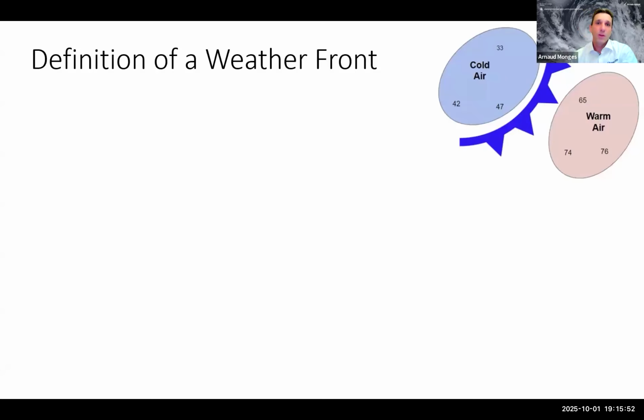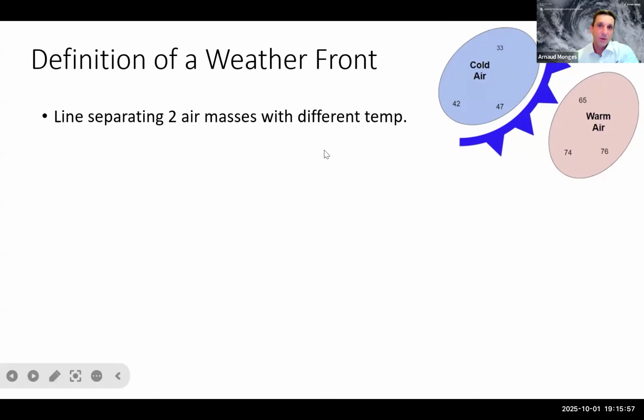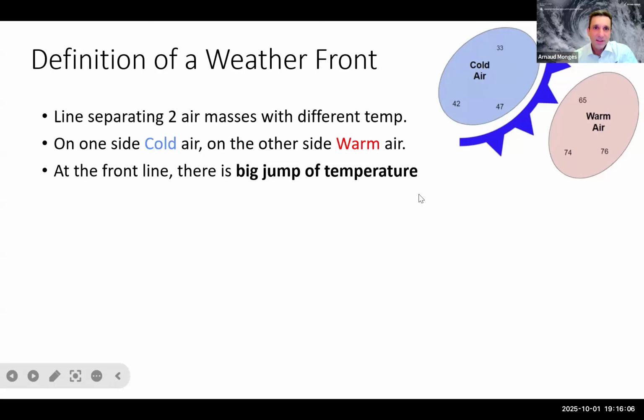So the definition of a weather front is just a line that separates two air masses with different temperatures. On one side, you've got the cold air, and on the other side, you've got the warm air. A very important point is to realize that at the front line, there is a big jump in temperature. We are talking about a sudden change of 10 degrees Celsius, which is like 20 degrees Fahrenheit. For example, here we've got 47 Fahrenheit, and we jump to 65 just by crossing